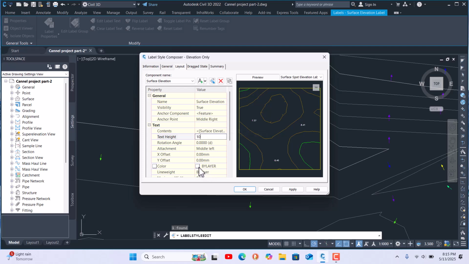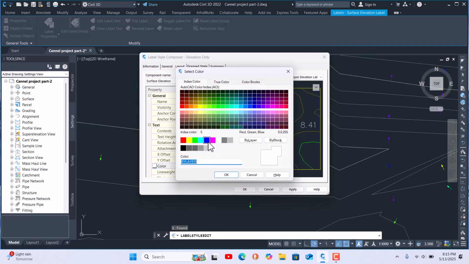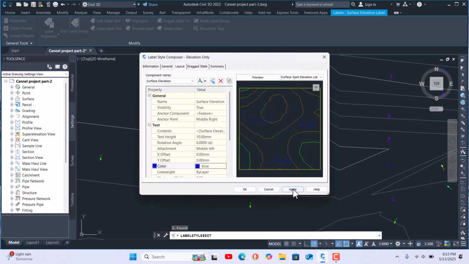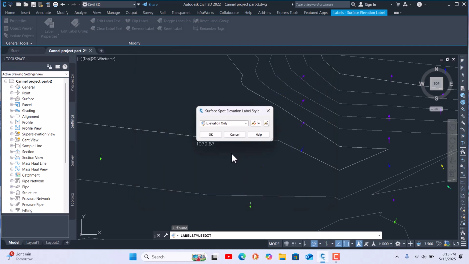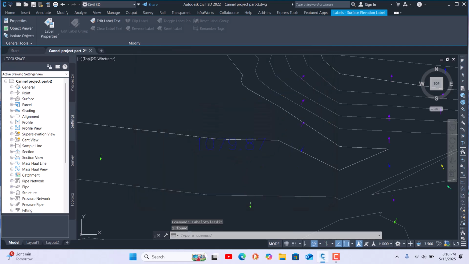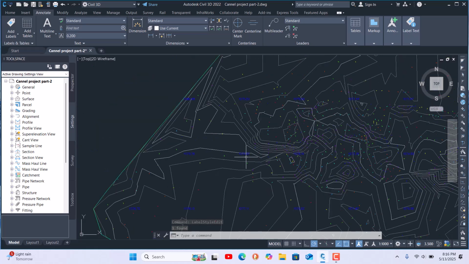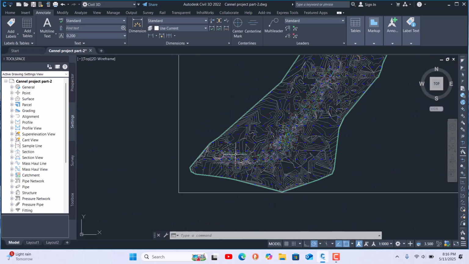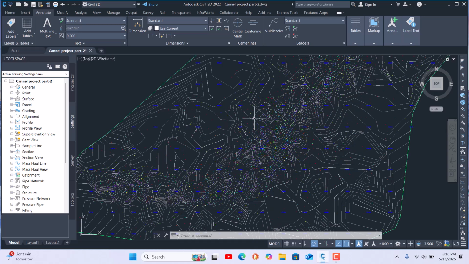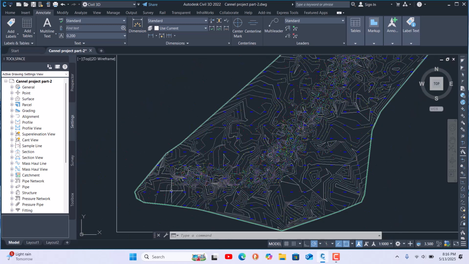I want to change the color also. I think this color is good here, and you can change the color as you want. Then apply, say OK, and OK again, and wait. You see the label text height is now increased and visible very well. You can see it is straight, both vertical and horizontal.